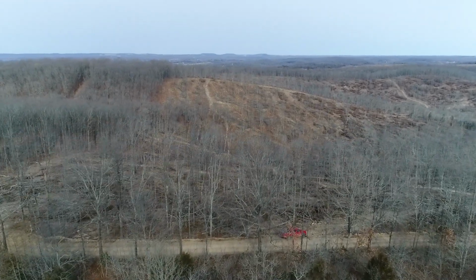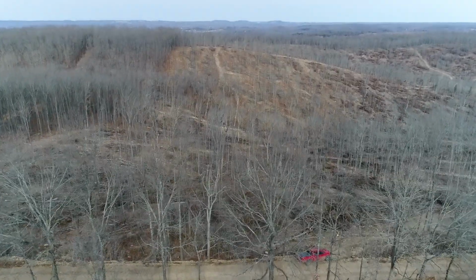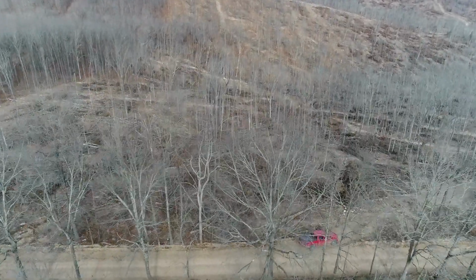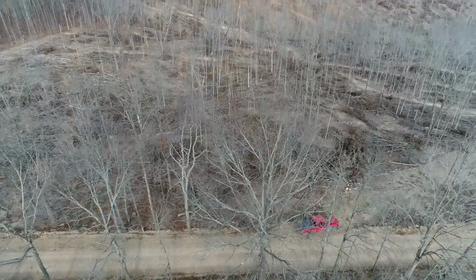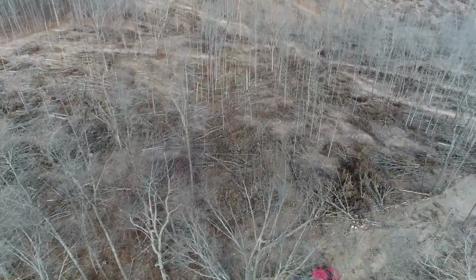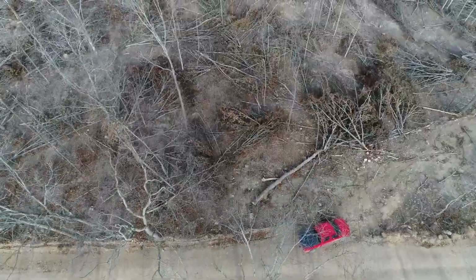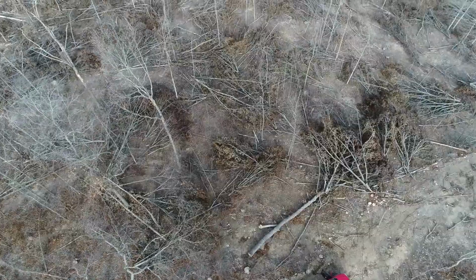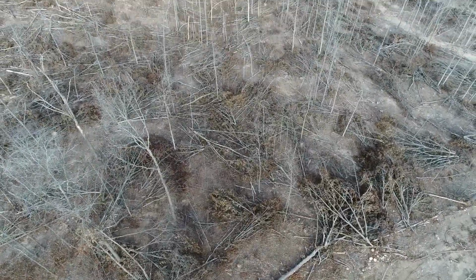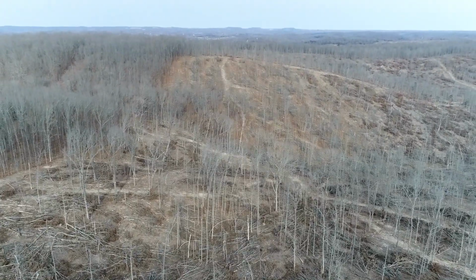It's been a couple days since I did this drone video here. It's the middle of winter, the very first winter after this property was logged. All these tracts were logged out here. It wasn't clear cut, but it was moderately or heavily logged in spots for sure. The loggers didn't do any cleanup, which is pretty normal. So this first winter, you're going to see all those tops and limbs and stuff on the ground with the